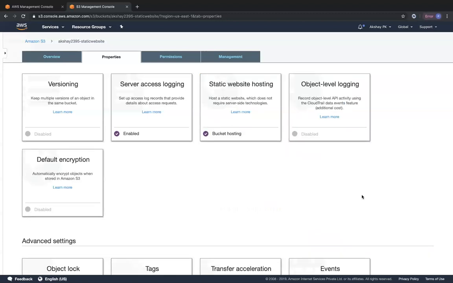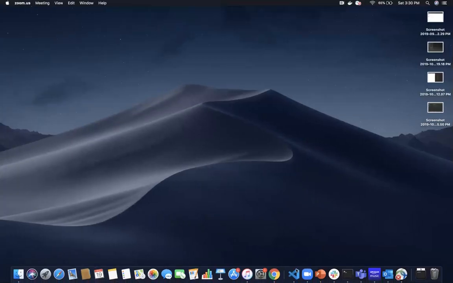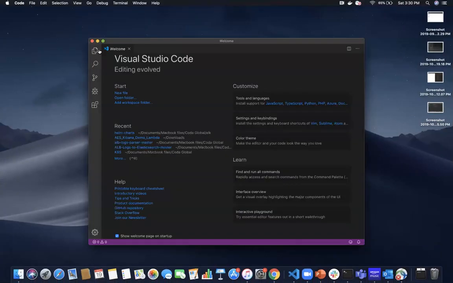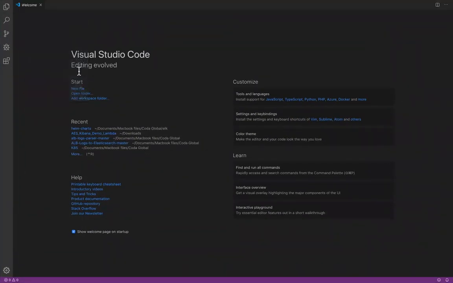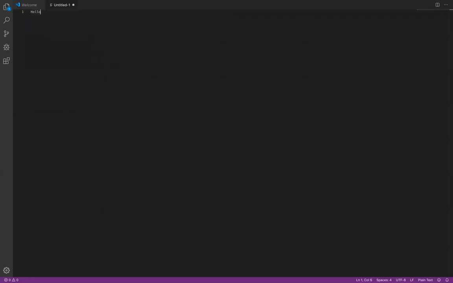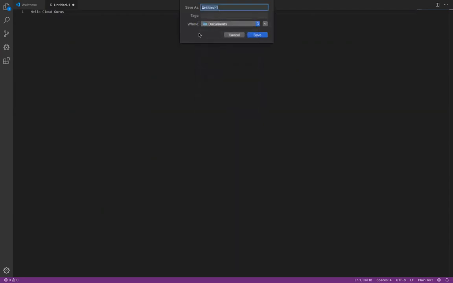I don't have any index.html or error.html. So what I'm going to do is go to overview, and then upload an index and error.html file. Let me first go ahead and create those files. I'm going to use Visual Studio Code, which enables me to do that. I'm going to click on file, new file. I'm just going to say hello cloud gurus. I'm going to click on save. I'm going to save it under the documents folder. I'm going to give the name as